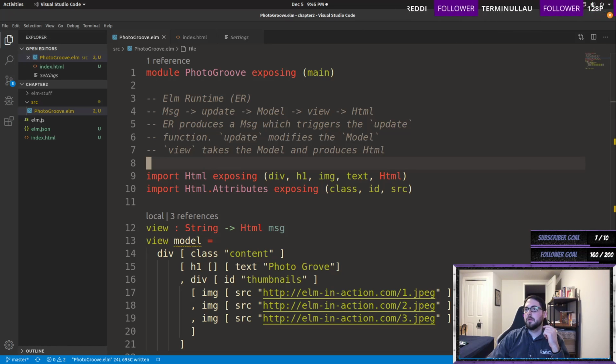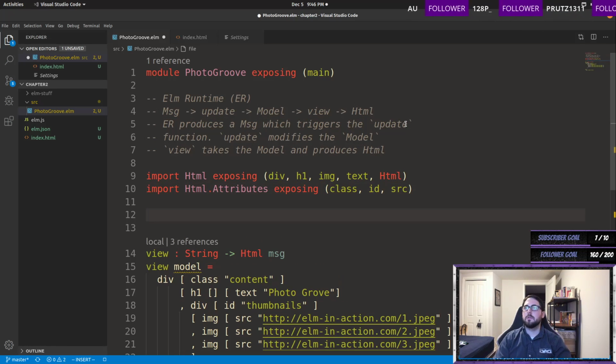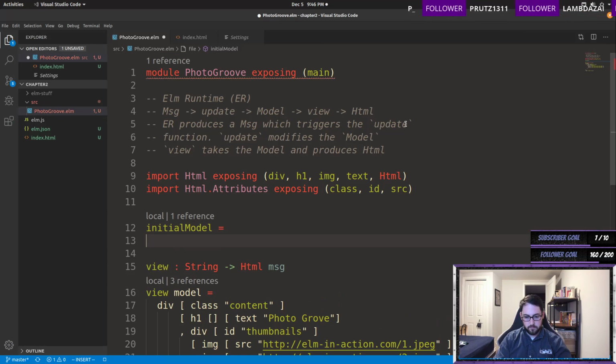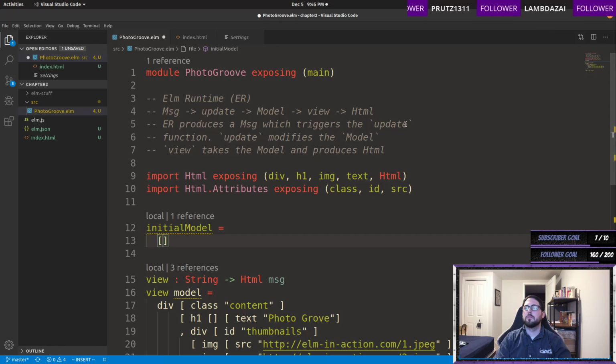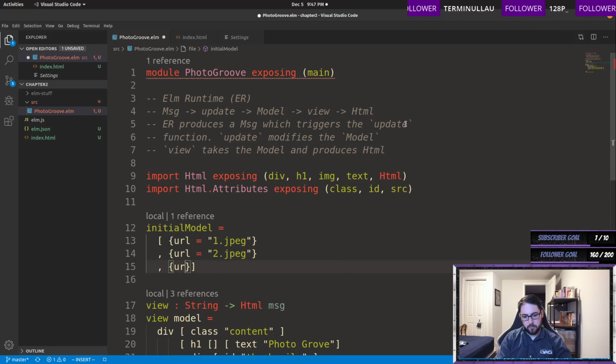Okay. So declaring a model is as simple as doing the following. So initial model. So we have 3 URLs basically. And I suppose what we're going to do is write some